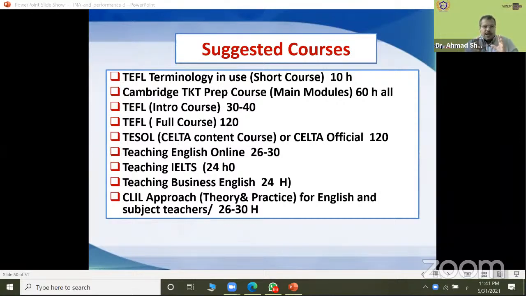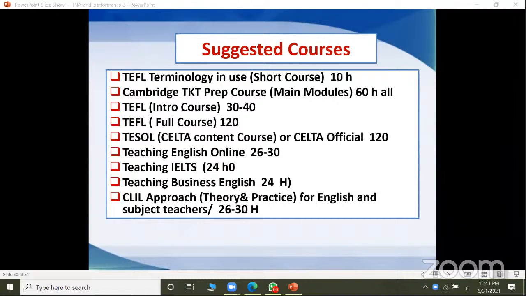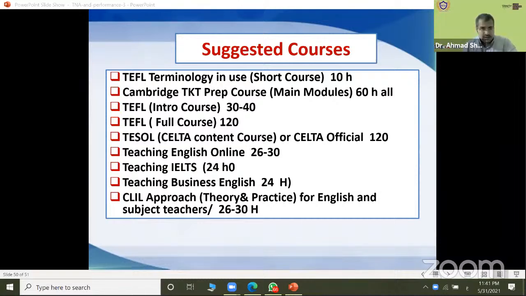You don't need to teach everything, every word in the module or in the unit. You have certain objectives, okay? In your teacher's book, you have certain objectives to achieve. So try to achieve your goals using most of the content, most of the tasks. You don't need to concentrate on each task because you don't have enough time. But when you achieve your goals, it's not a problem. You have no problem here.